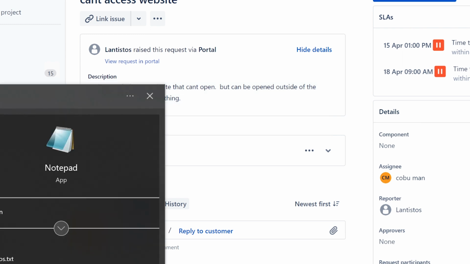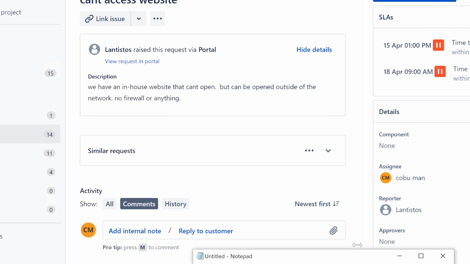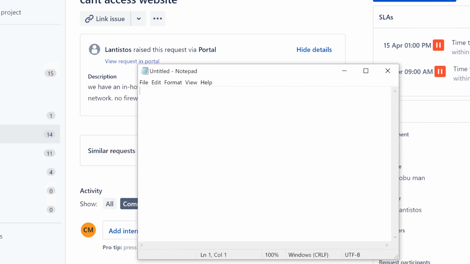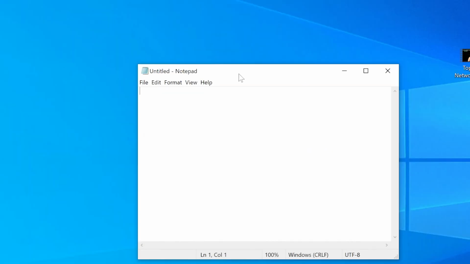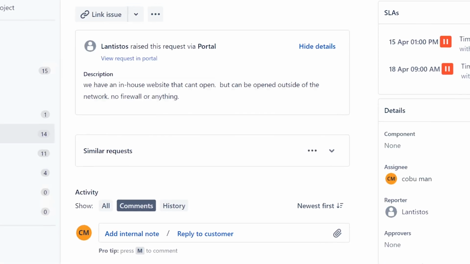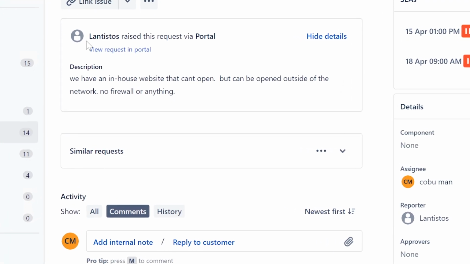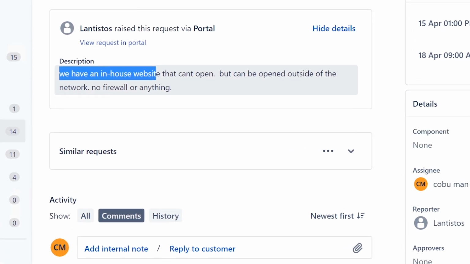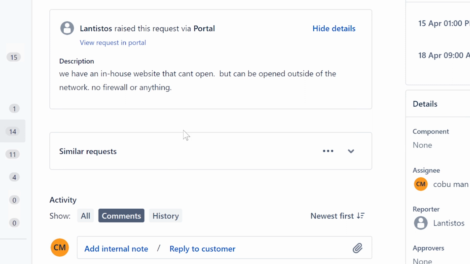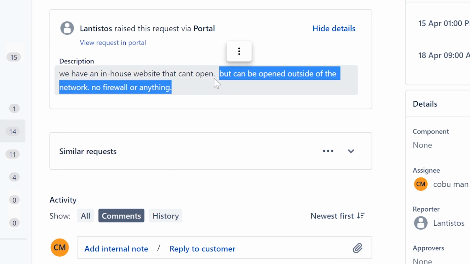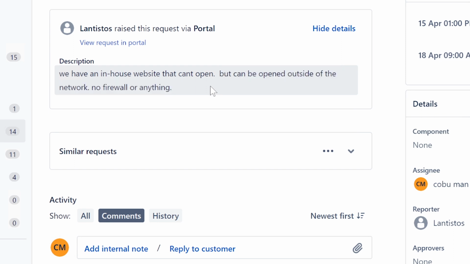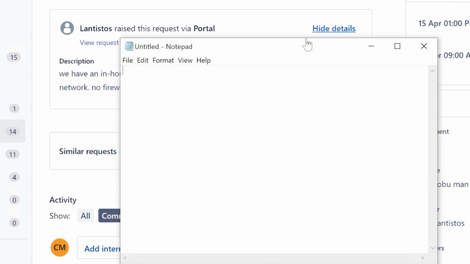So what happens is, once you get a new website that cannot be accessed, this is usually when it cannot be accessed. Now, correct me if I'm wrong, Lantistos, please reply to me and say, well, you said it's an in-house website. See, it's usually the other way around, where a company is trying to access a third-party website that's not in-house, and they can't access it.